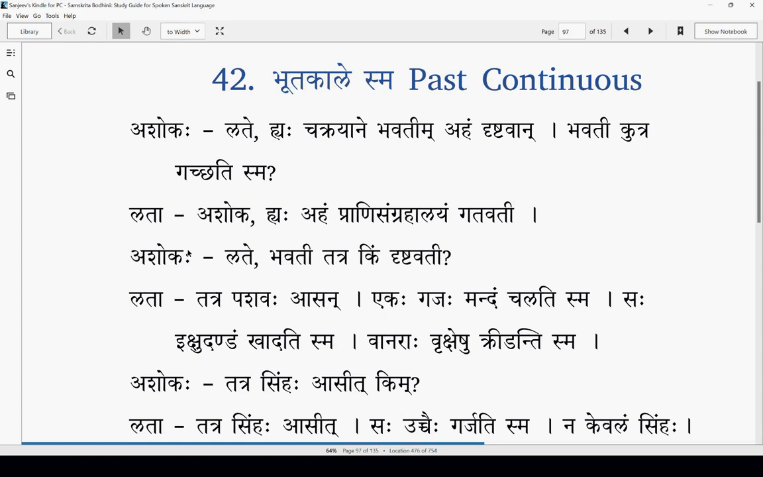This is like a Devalaya. This is a Pullinga Shabda originally. This is coming in the Dvitiya Vibhakti here, Prani Sangrahalayam, like Devalaya, Pullinga